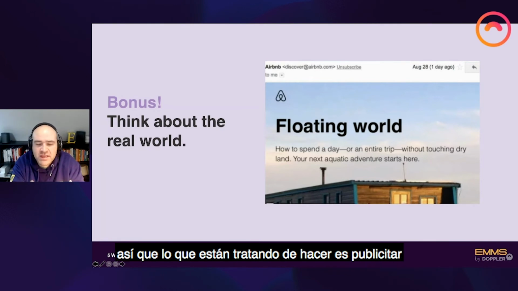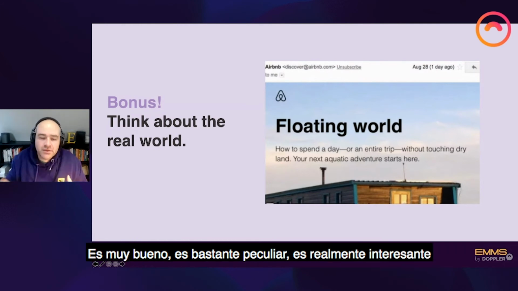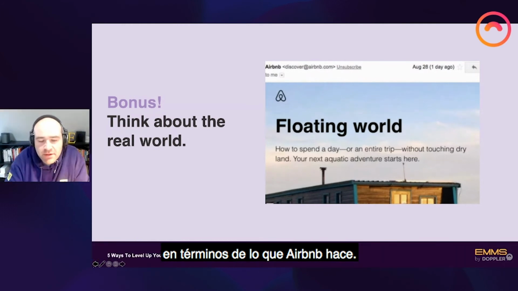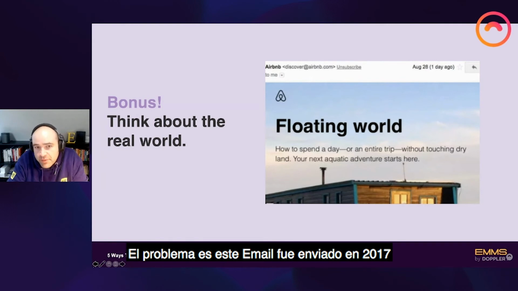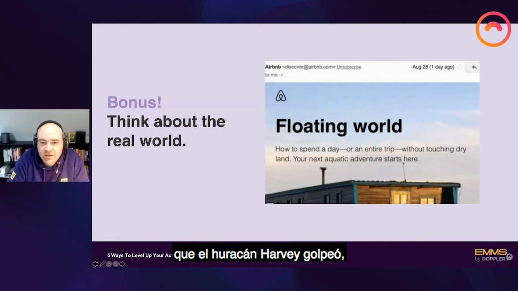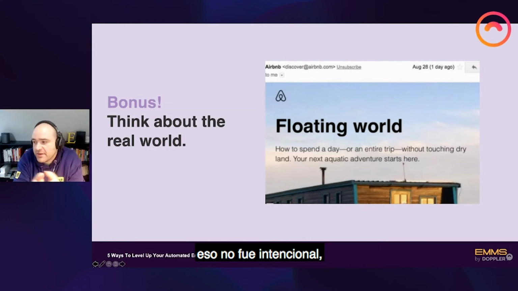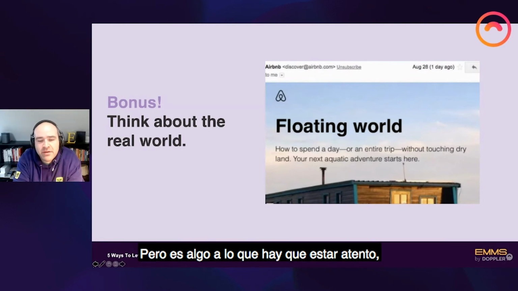So what they're trying to do is publicize, or hopefully get you to book, some kind of floating houseboat or something like that. So that's pretty cool. It's pretty quirky. It's really interesting in terms of what Airbnb do. The trouble is this email was sent in 2017, and unfortunately it was the same time that Hurricane Harvey had hit, I think it was Texas and Louisiana. So obviously they didn't want to do that. That wasn't intentional. This is completely an honest mistake, but it is something to be aware of,